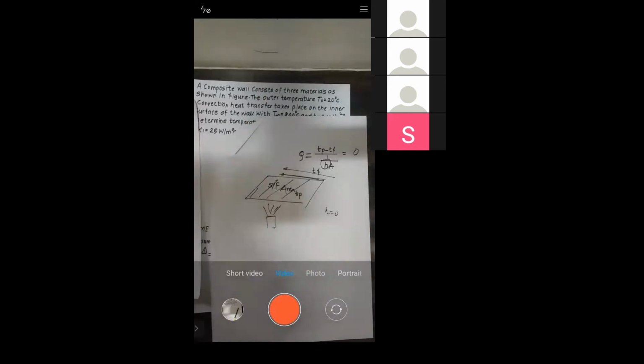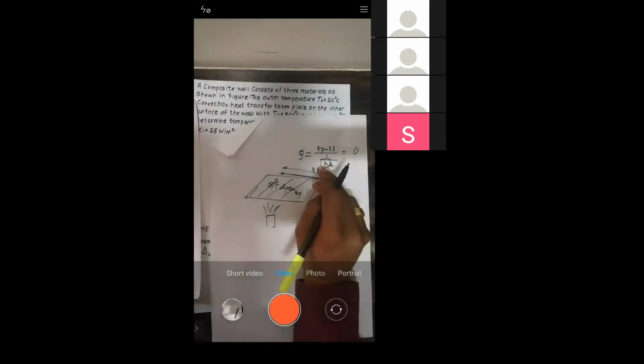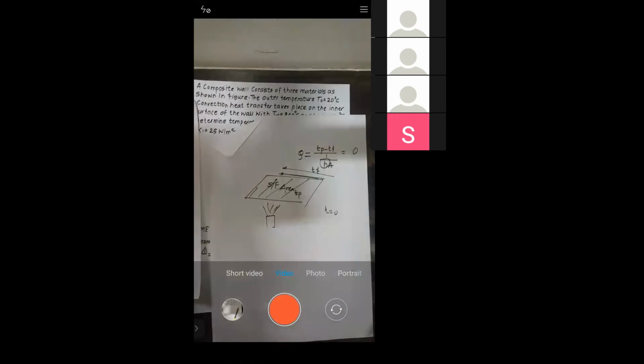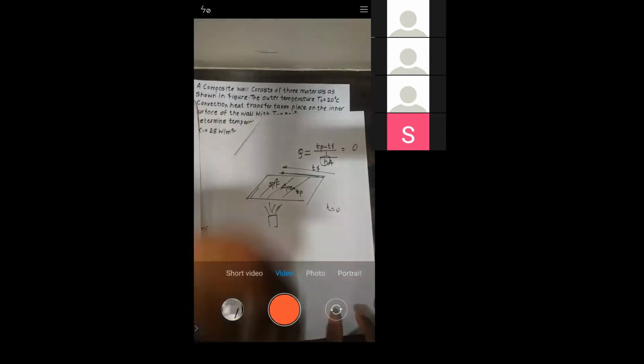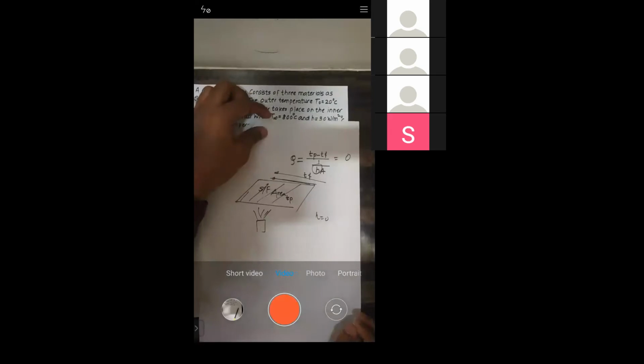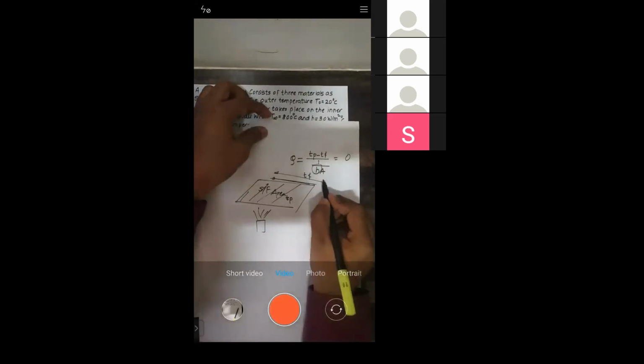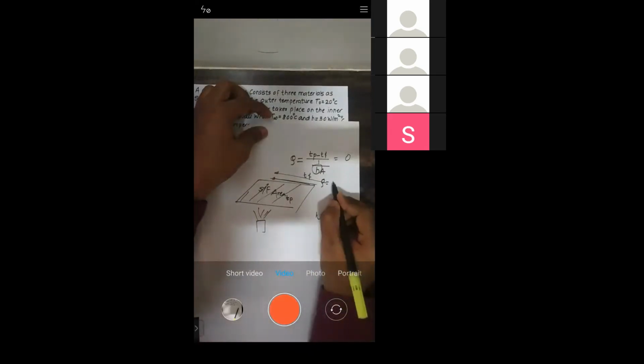Yes or no? Yes, sir. Getting or not? If the heat transfer coefficient is 0, what will happen? Your heat flow will become 0. Any number upon 0, no heat is transferred. Infinity, no? So it would be infinity then. How is it infinity? I'm not getting. Sir, basic maths, because any number divided by 0 is infinity.